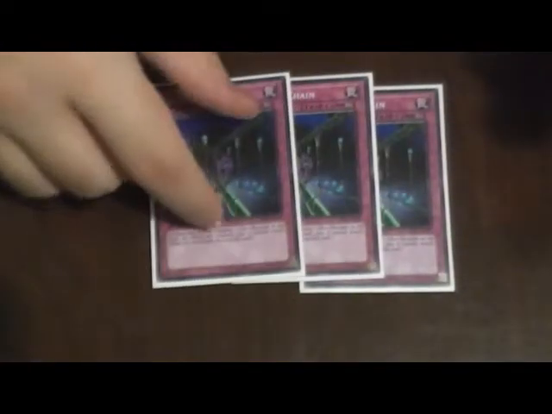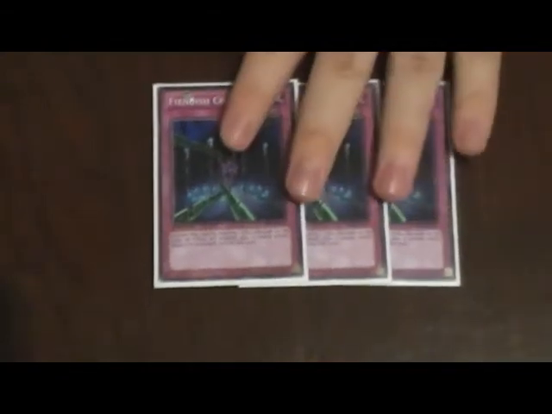There's nothing more. It's pretty much the most standard spell lineup. Some people like to main their Closed Forests. I would love to main the Closed Forests, but I found myself having to relegate them to the sides, which is unfortunate. So, traps, 3 Fiendish Chain. The first time I've ever tried Fiendish Chain at 3, and it put in so much work,